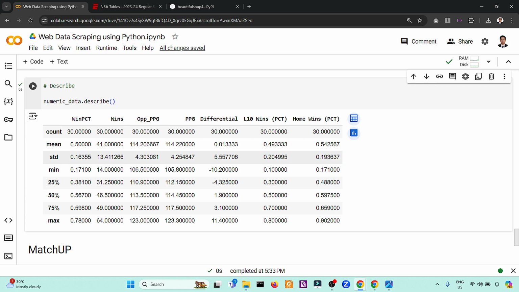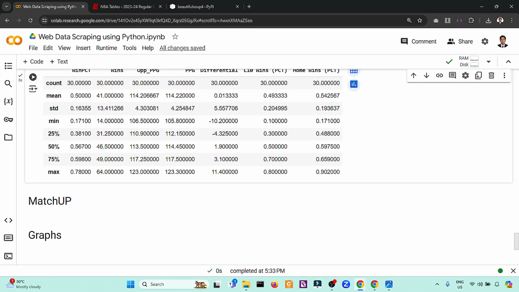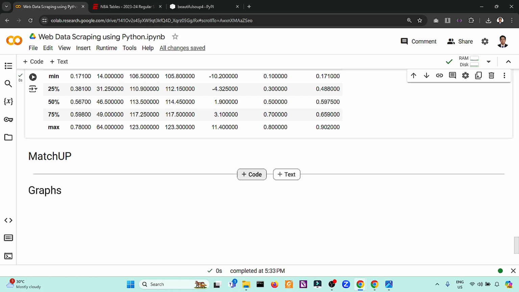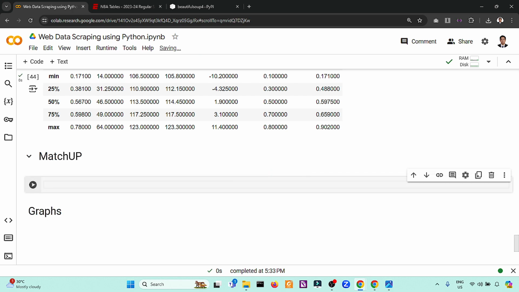So only numeric data. If we drive this one further, we can compare two teams. This one is for the matchup. So for example, you want to compare two teams and their performance. I don't know if you will bet, but you can use this.